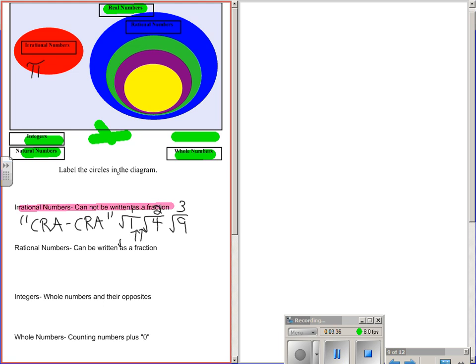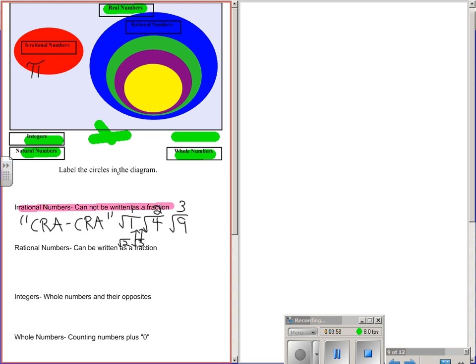So all of those in between, for example, the square root of 2, the square root of 3. If I were to put that in my calculator, square root of 2 would be 1 point blah, blah, blah. 3 would be the same thing, 1 point blah, blah, blah, closer to 2, which is the square root of 4. So what I'm telling you then is any of those numbers in between perfect squares,